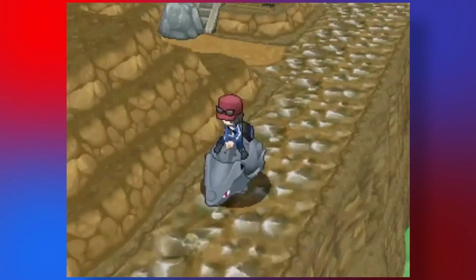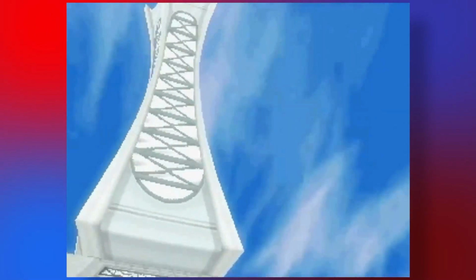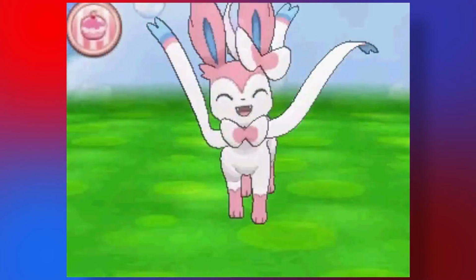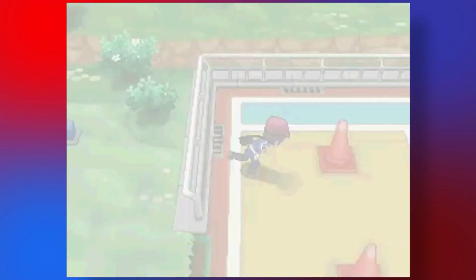As always, we'll be looking at the designs of Pokemon in this generation to see their common trends and motifs, and also see how they have changed since previous generations. We'll also be looking at new mechanics, technological improvements, and themes of these games to see how they influence the designs of these Pokemon. Let's begin by talking about the new region the players get to explore in these games,